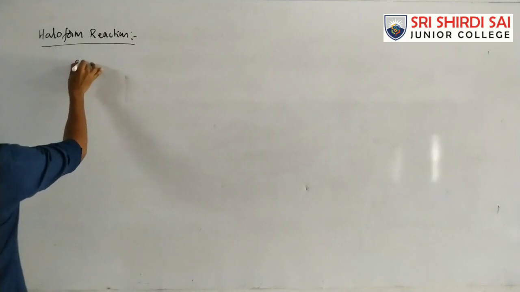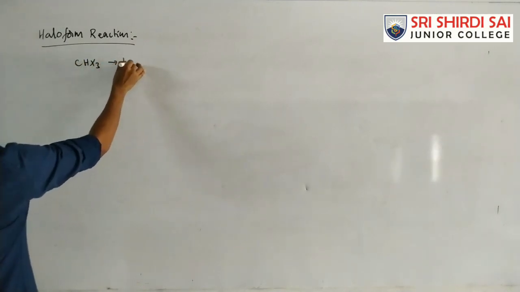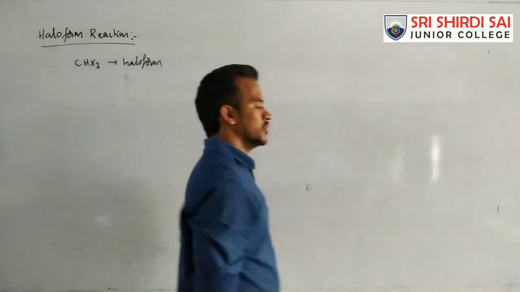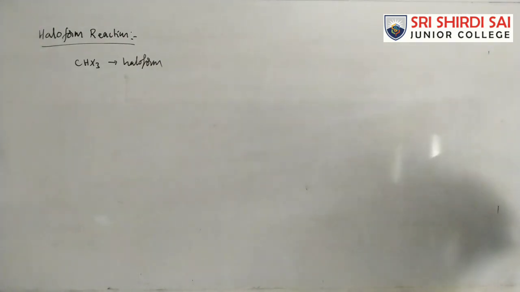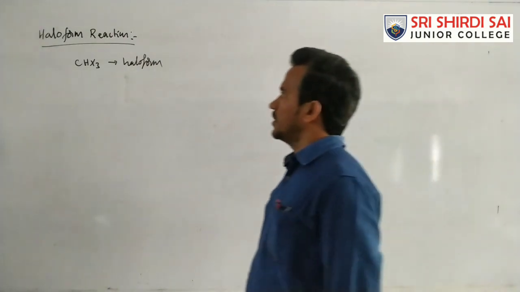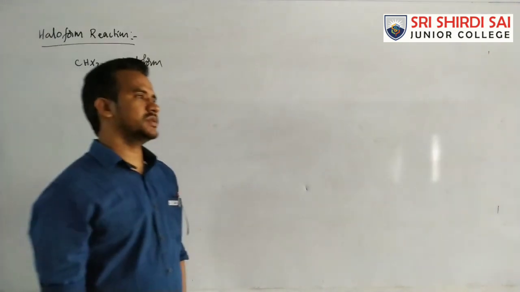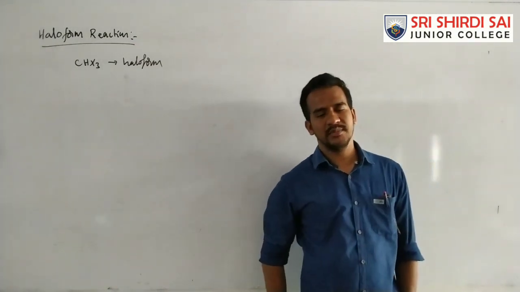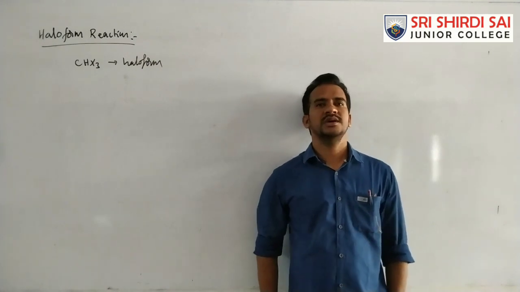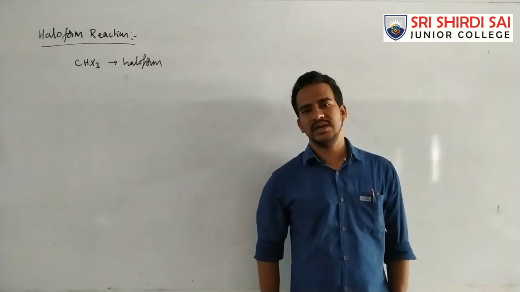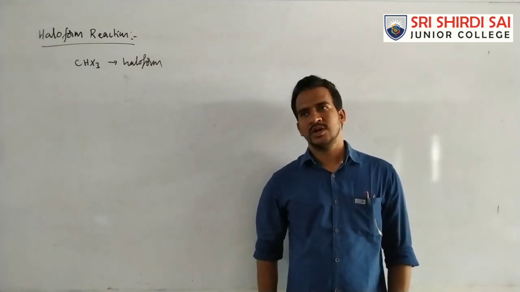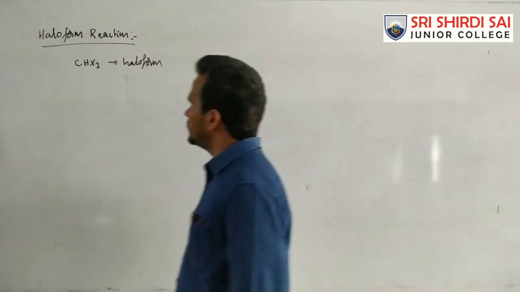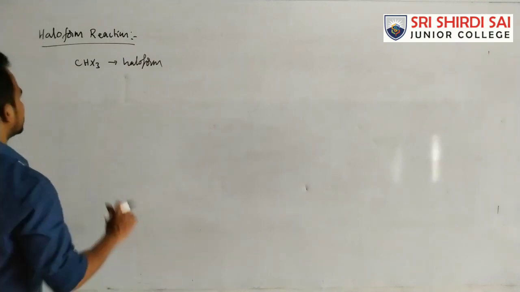So generally, what is a haloform? Trihalomethane is generally known as haloform. This haloform reaction is also used for the identification of ketones. Generally, aldehydes are identified by Tollens, Fehling, Benedict's, and Schiff's reagents, but not ketones. Here, this reaction is useful for the identification of ketones, that means a specific type of ketones can be identified by this reaction. So here, haloform CHX3 is trihalomethane.